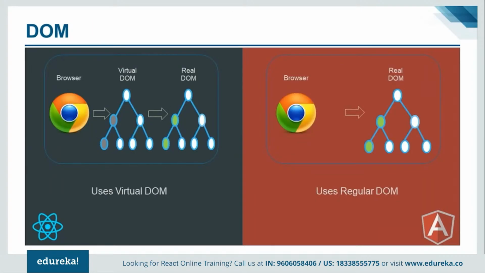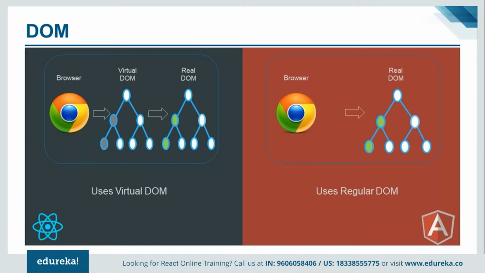The next portion is basically about the DOM structure. This is one of the key differentiators between these two frameworks. React basically uses an additional data structure, which it terms as the virtual DOM. The virtual DOM basically sits between the browser and the real DOM. So what basically happens here is that when someone has to make an update to the DOM structure, the virtual DOM basically helps in